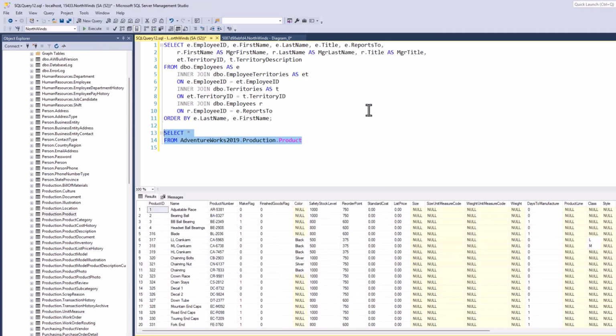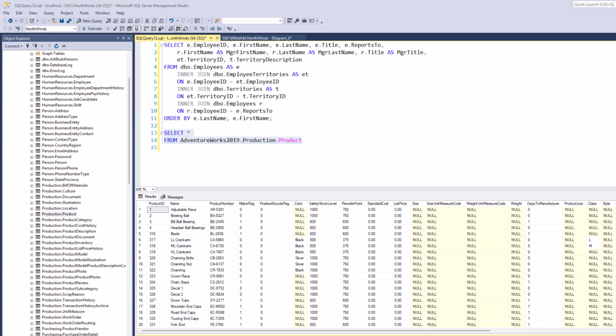Now, I can't join it into my query with Northwinds. It has really no data in common that I can actually select. It would make kind of gibberish nonsense if I tried to do that. So we're just kind of selecting it separate, but we saw how we were in the Northwinds instance. It only recognizes the tables in Northwinds, but in order to execute that AdventureWorks, then we have to put the AdventureWorks database name before the schema of production and the table, which is product.